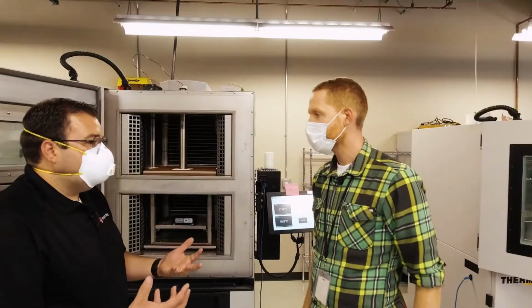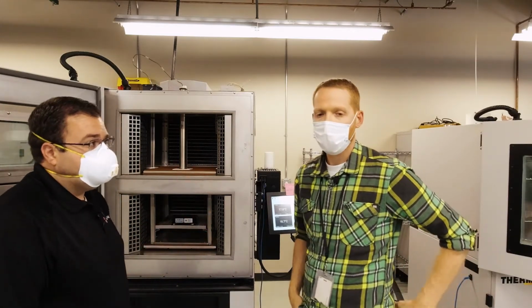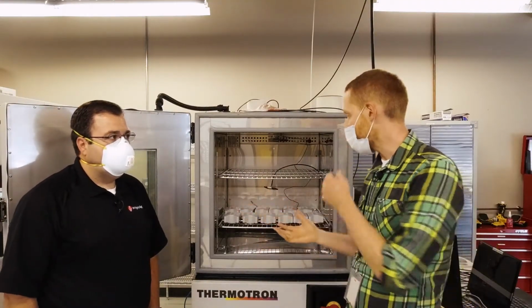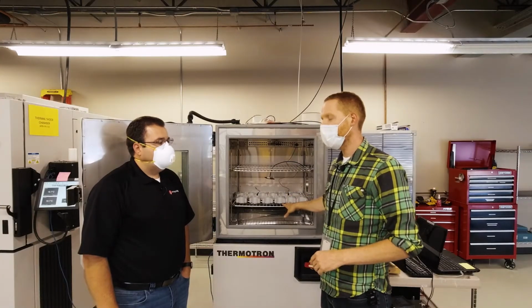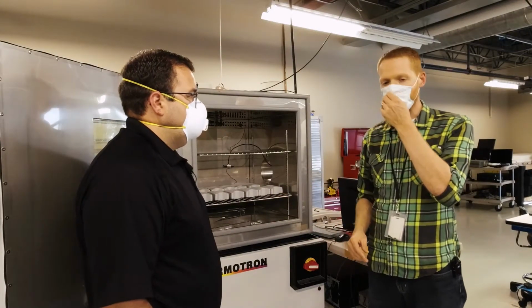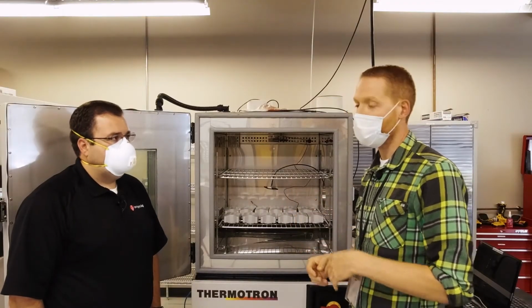Yeah, so over time it could weaken the solder, crack it, and then obviously your electronics would fail. So this is a temperature humidity chamber, and what this allows us to do that's different than thermal shock is control the humidity in there. What could happen with your device if it's not vented properly is condensation can build up in the device and actually cause failures